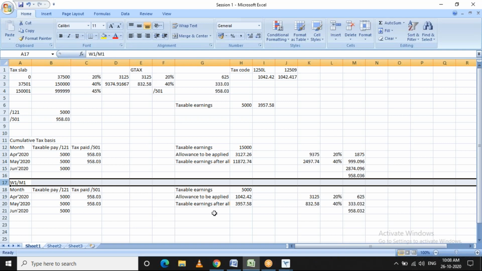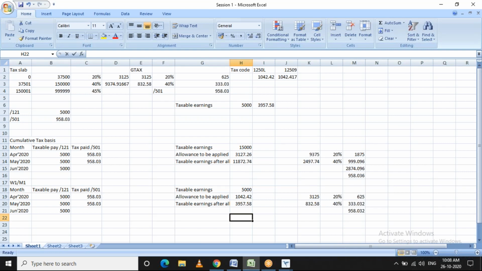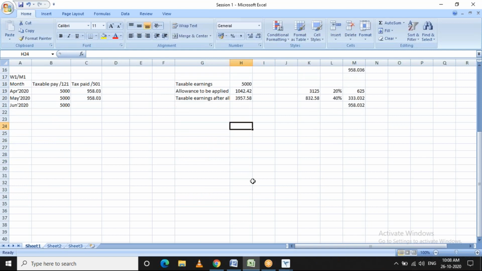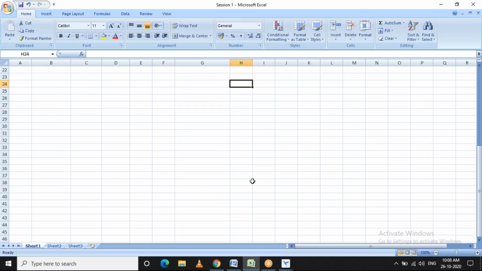So now let's move to the second tax code. If it is a prefix, how will the system calculate? For example, let's say the tax code for the employee is K1100.